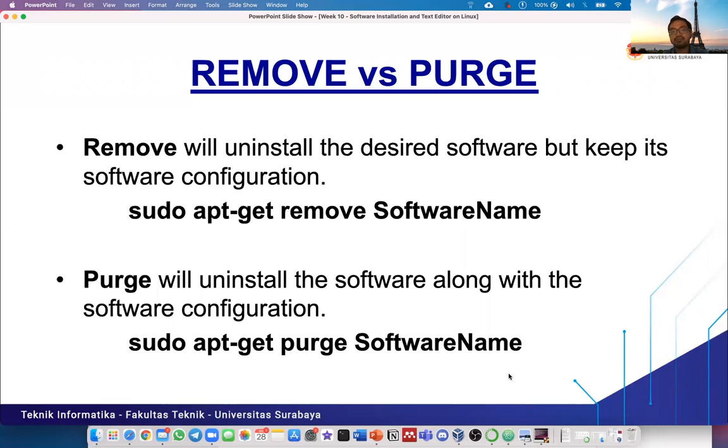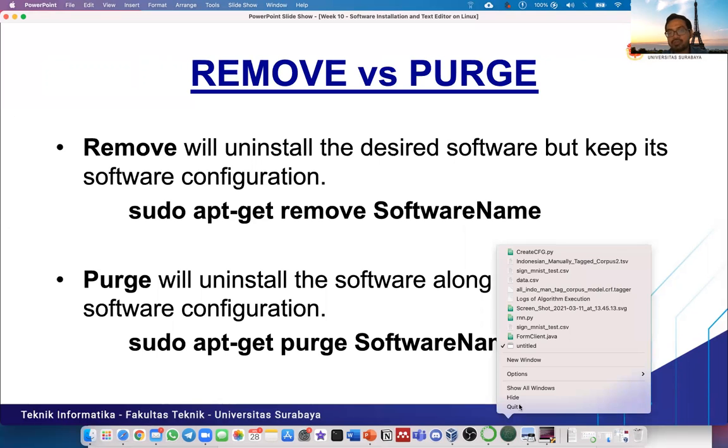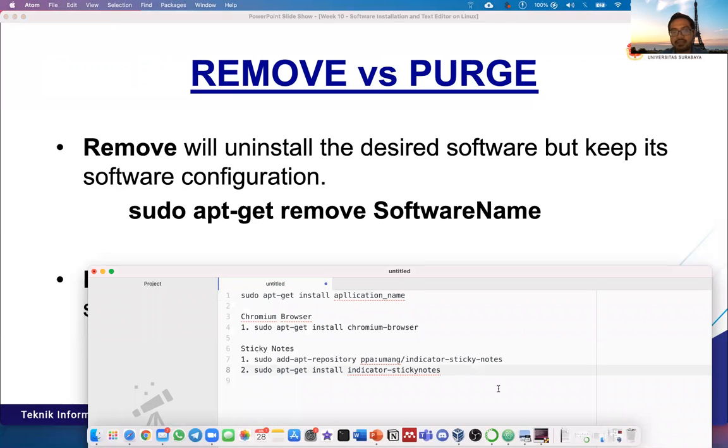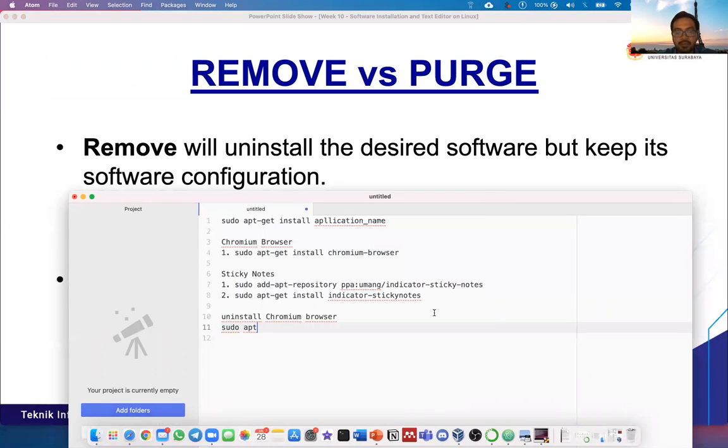I want to uninstall the Chromium browser because I already installed the Chromium browser. Then I can just type this command to uninstall it. I want to uninstall along with its configuration, so I will type this command: sudo apt-get purge, apt-get space purge, then the name of the